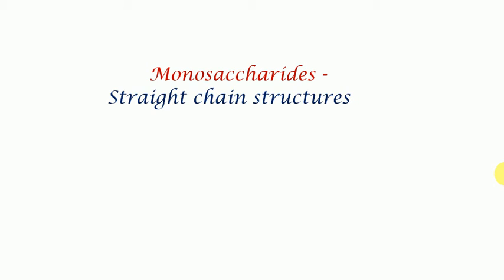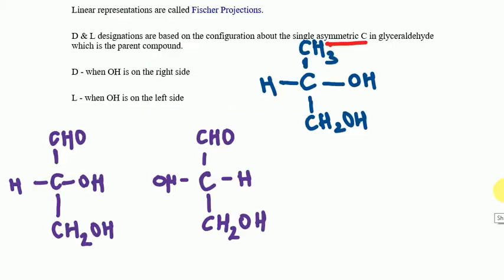In this video, we are going to study straight chain structures of monosaccharides. Straight chain structures are also known as Fischer projection formula. Monosaccharide shows optical isomerism. The presence of asymmetric carbon atom in this structure make possible the formation of isomers in